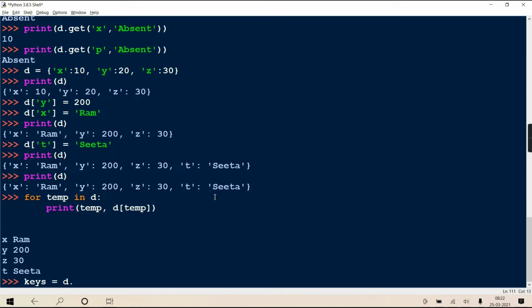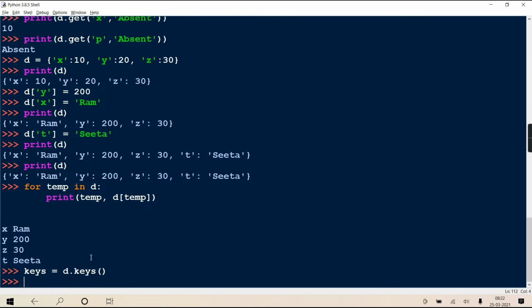If I write d dot keys, what it does is it returns you one iterable in which only the keys of your dictionary are there. Hear carefully: from your dictionary, all the keys like x, then y, then z, then t are coming in this keys object.